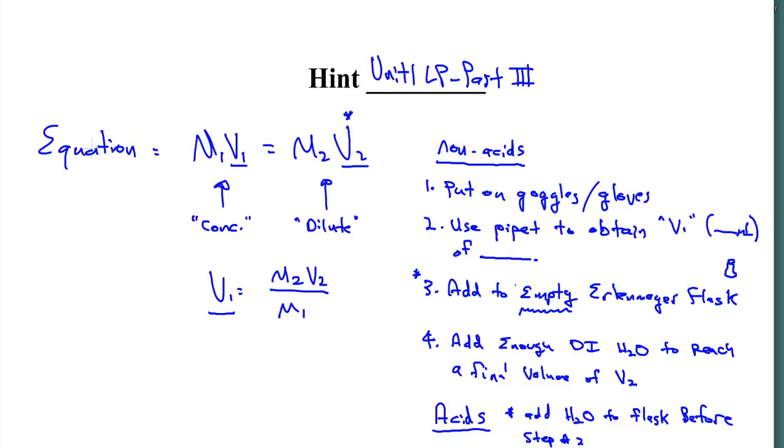Remember, that addition of water to acid, that's an exothermic process. So you want there to be a tiny amount of H2O in the flask already so that it can absorb the exothermic addition of the acid to the water. So that's a major, major difference. So this is going to be a key thing throughout the year, how to treat acids and non-acids during